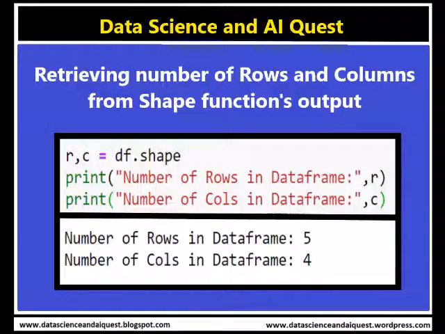So one would be able to see the number of rows that have been created. The output is 5 over here, as we have seen the number of rows present within the data frame is 5. So this is how one can see the number of rows specifically, and also the number of columns corresponding to the data frame.